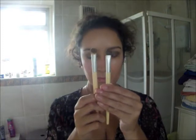You can see that eye is starting to take shape now. See, I've got two separate brushes. One is a blender brush and one is a regular eyeshadow application brush, and like I said, from Eco Tools. So next I'm using Woodwinked, which is a very popular MAC shadow, and I'm just extending that up over the socket of the eye and into the corners, like the inner corners. This is a kind of sheeny, metallic-y type colour,